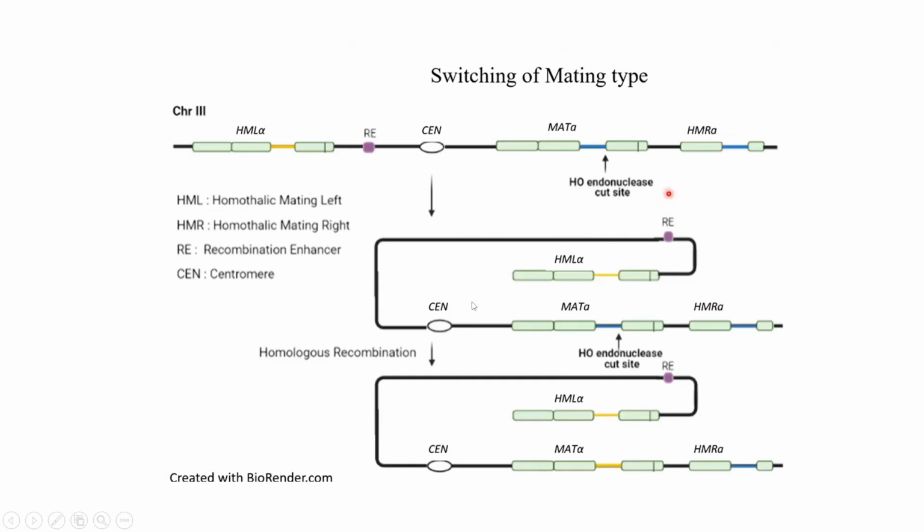So once the organism is produced, it is not fixed that the mating type will stay the same. They can switch the mating type depending on the population present around them. If the mate A population is higher, then some of the organisms will convert into mate alpha, so that mating will occur and daughter cells can be produced. Similarly, vice versa.